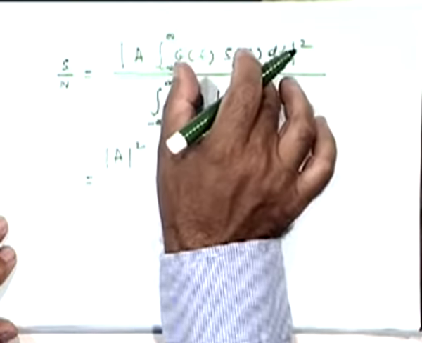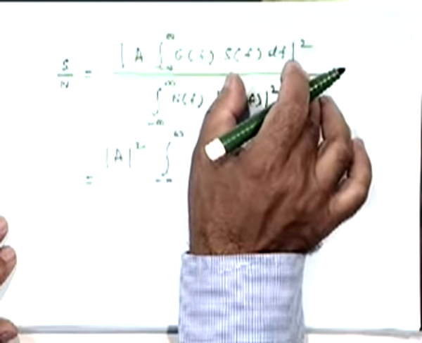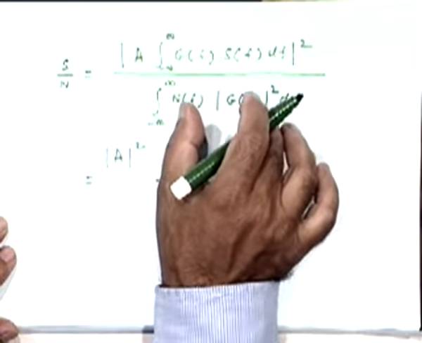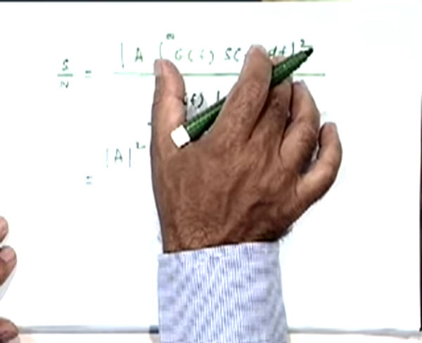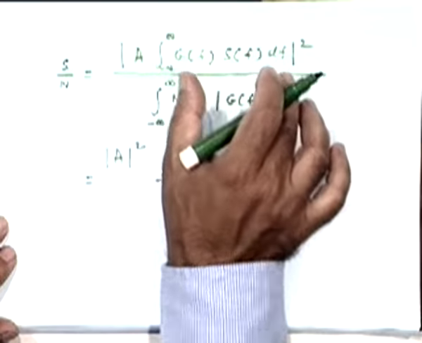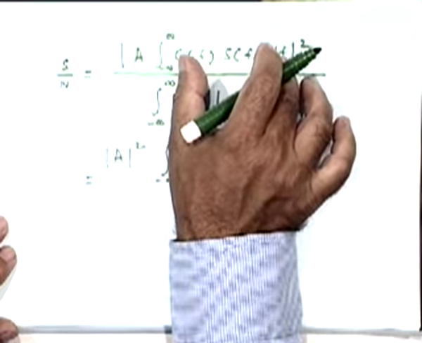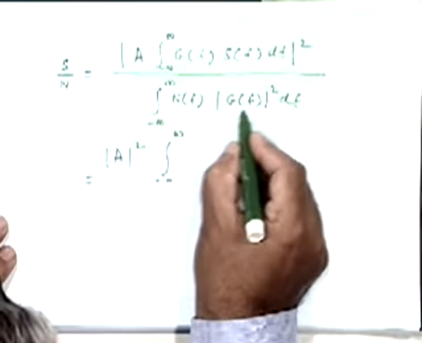RT, ST, and we have to find out... sorry, this is one of the functions where this is a product function. This is the product, we have to take this as a product function and this as one of the functions, and therefore we'd like to rewrite this in terms of that product, with this as the square of one of the functions. This is the square of another function. So we'll write the square root of this